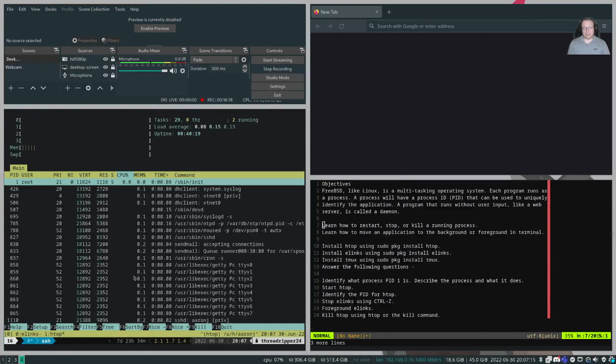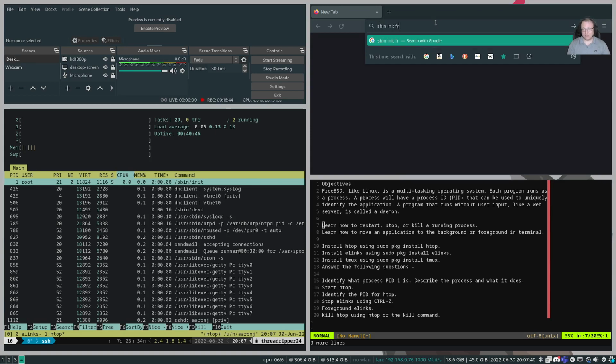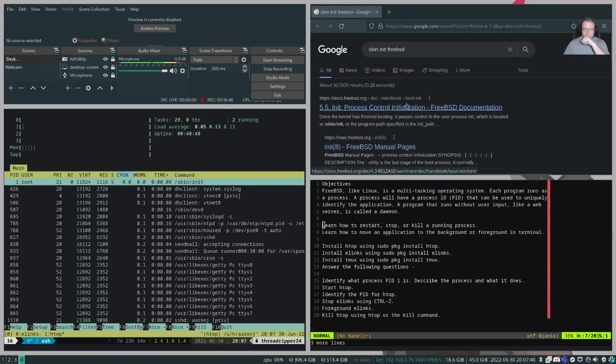For the purposes of one of our discussion points during the class that I'm teaching about FreeBSD right now, I ask for you to identify what process PID number 1 is. PID number 1 under a FreeBSD system is always going to be init. So /sbin/init is going to be the application. What I would like you to do is a little bit of research, but let's talk about /sbin/init FreeBSD because this also segues to